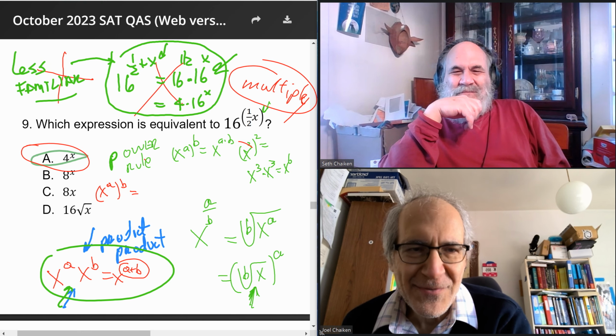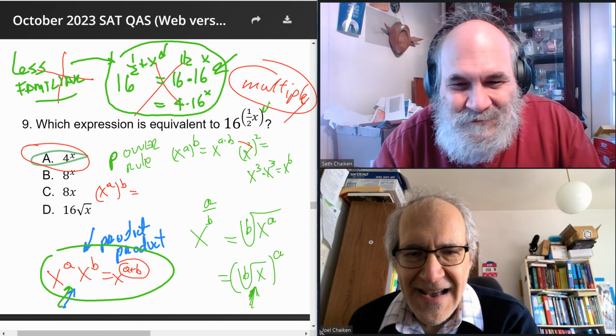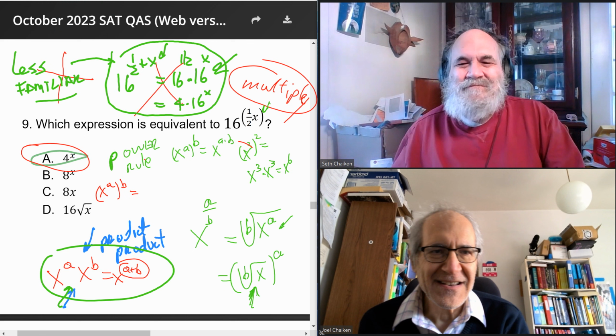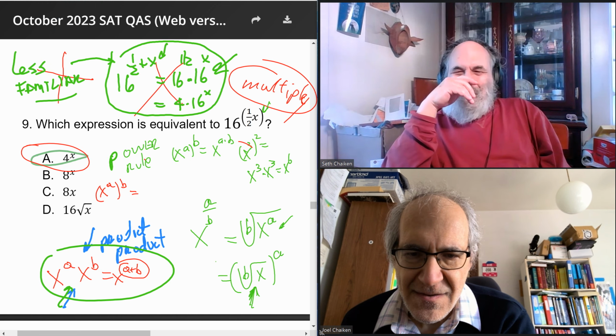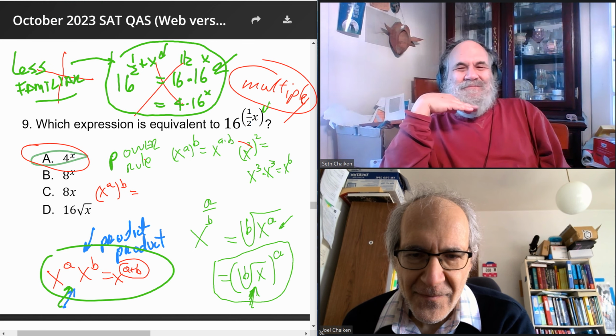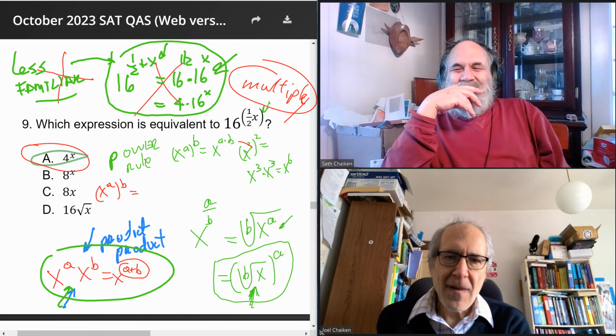You want to take the bth root of the thing before raising it to a power, as opposed to raising it to a power and then taking the bth root of the thing. So this is the one that's more used in practice when you're solving something. But yeah. So